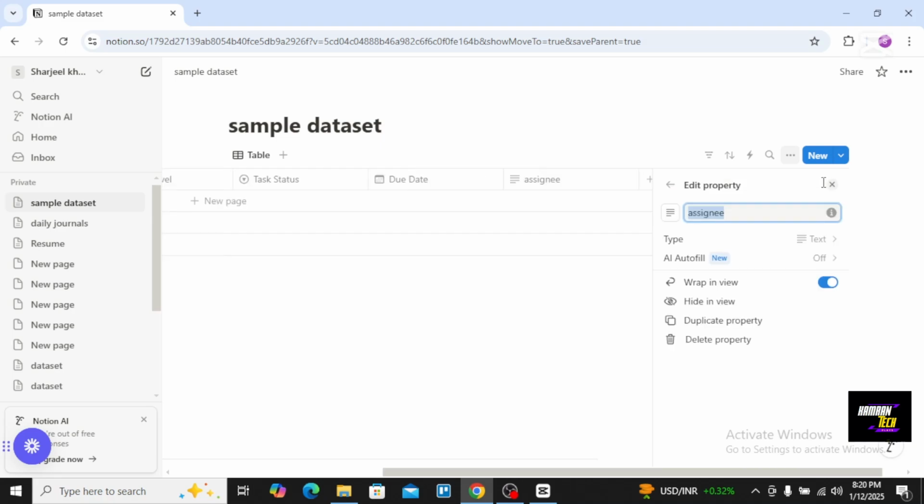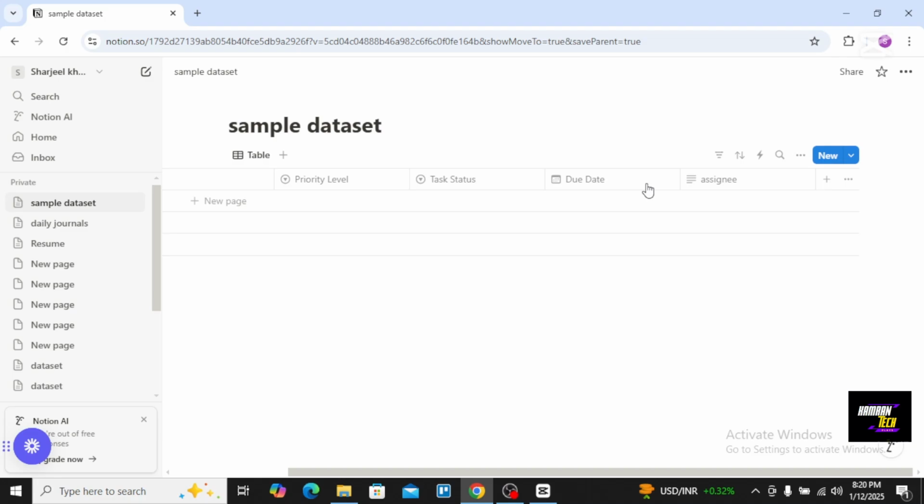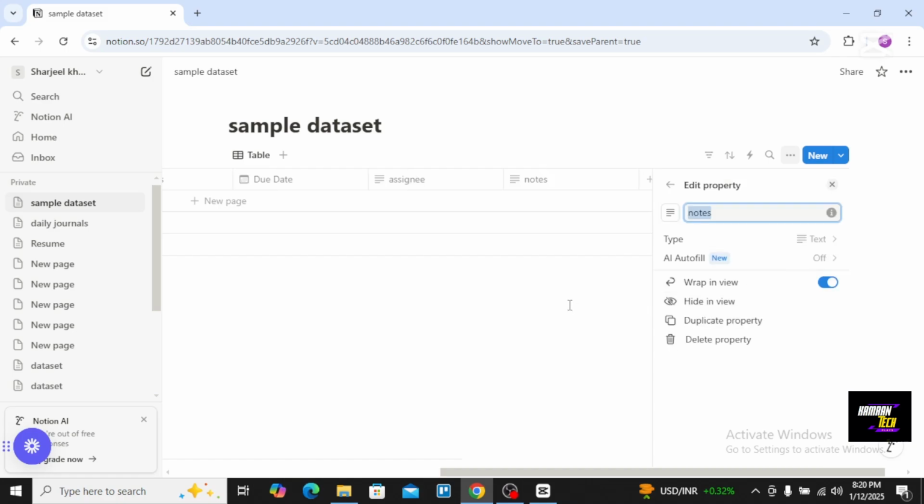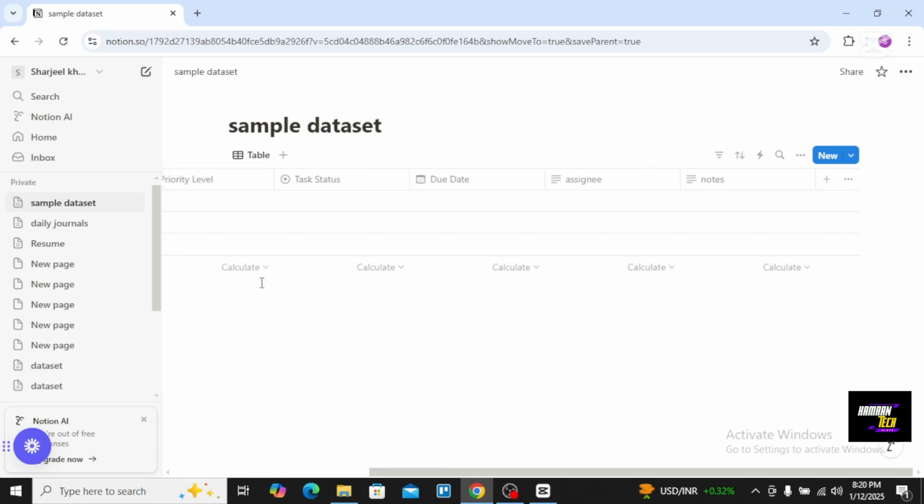and just tap on it. And the last one is notes, so I will select notes. I will make them short so that you can understand easily. Okay, so right now I will type